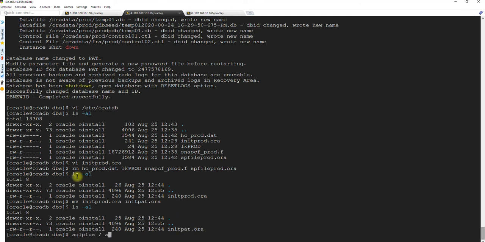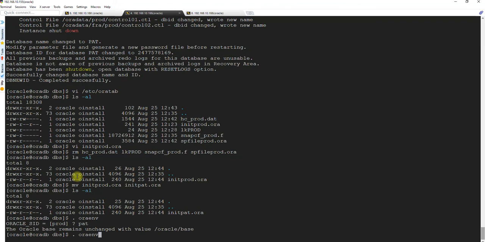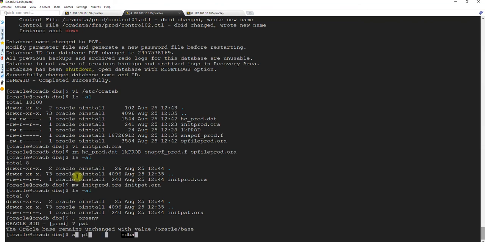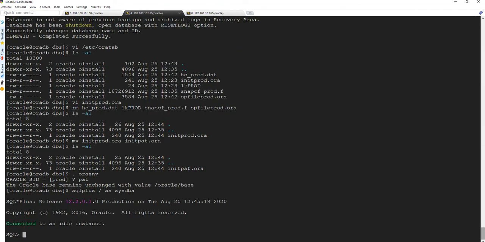SQL Plus slash sysdba, after sourcing the oraenv for pat. And then start the database.